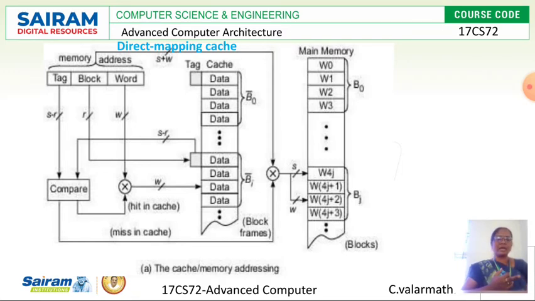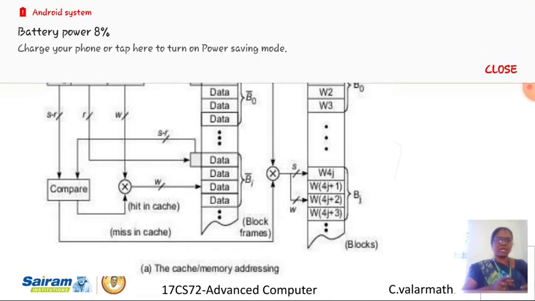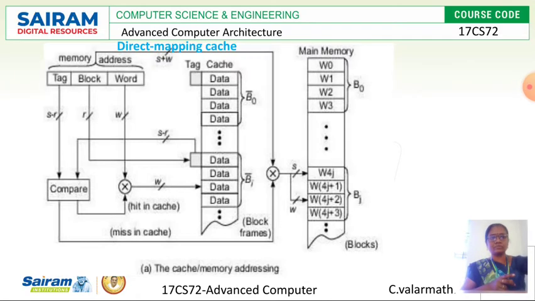And there is one comparator unit. In the comparator unit, the bit representation values are compared and then mapped. In the first diagram, the first vertical bar shows the cache memory and the second vertical bar shows the main memory. According to this case, main memory is divided into a number of blocks and cache memory is also divided into a number of blocks. Here they are connected through the comparator unit.